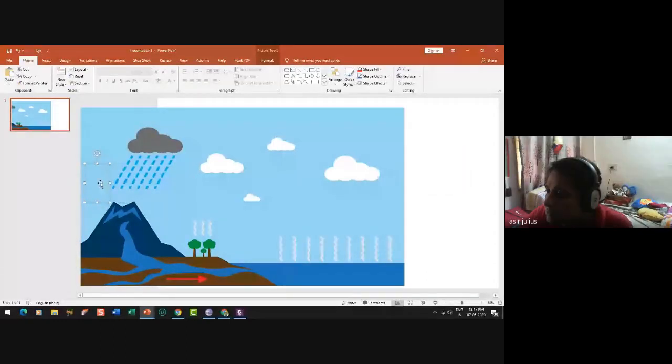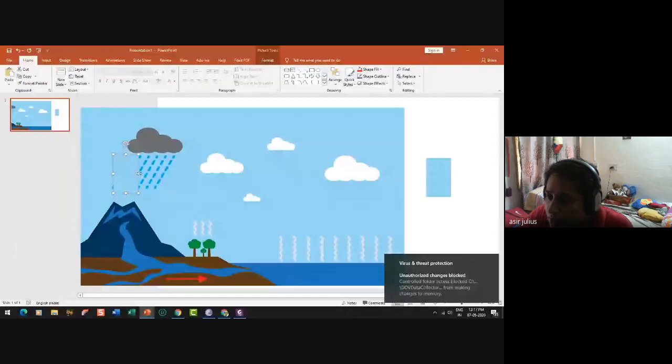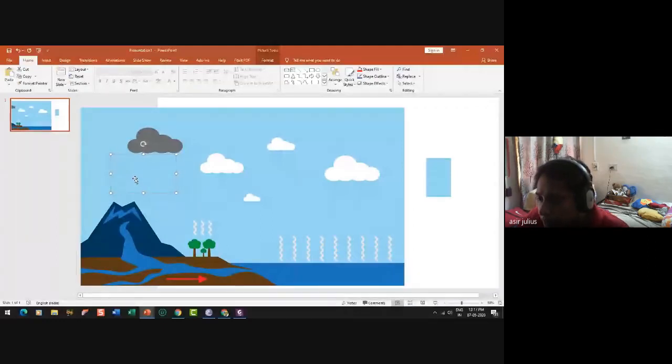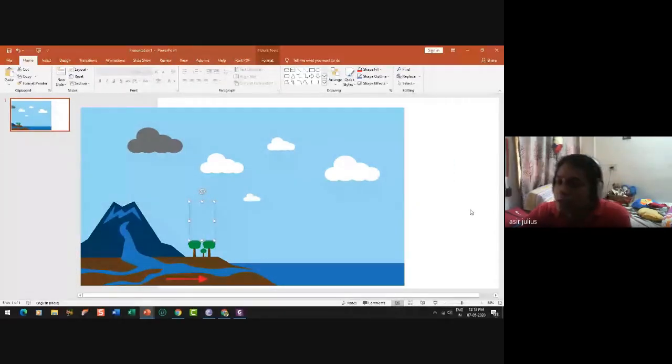Again, I'm just using a shortcut. That's why you may not find how I'm doing this. Okay, again here, it's just a patchwork. Okay, and finally here. Now we got our patchwork done.